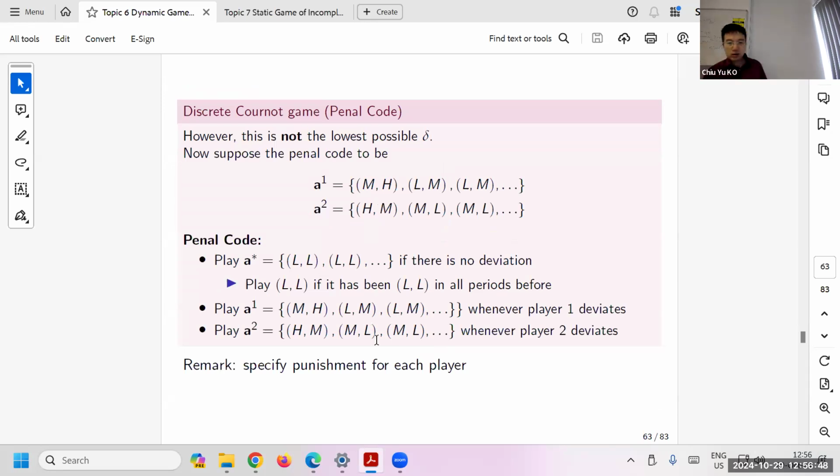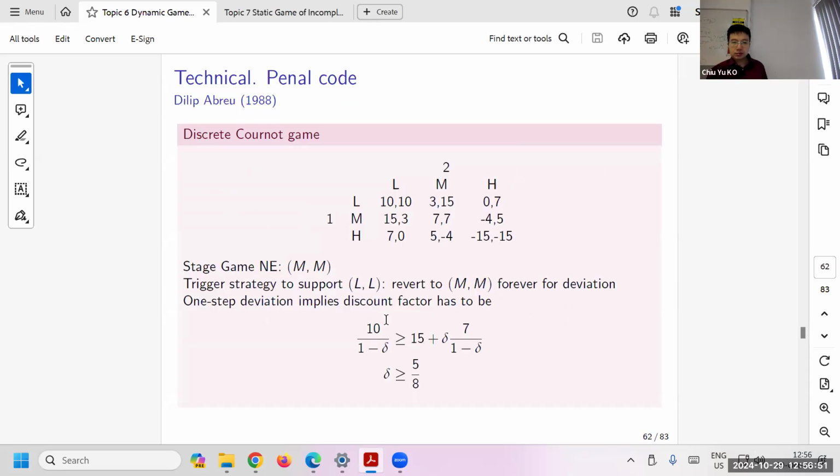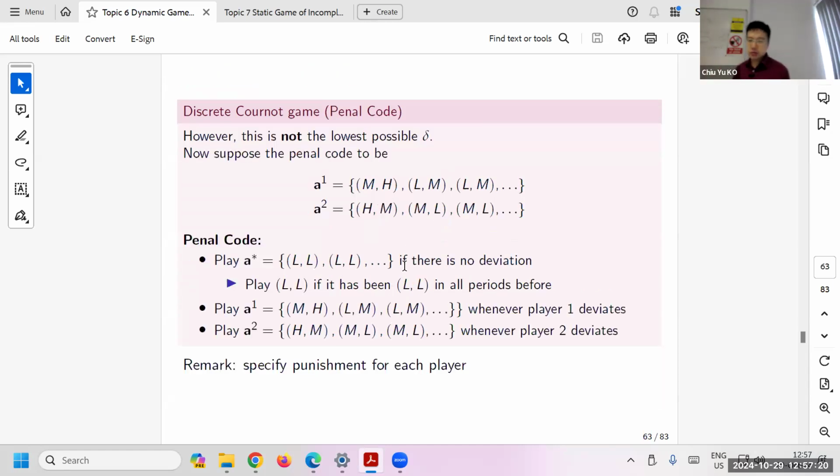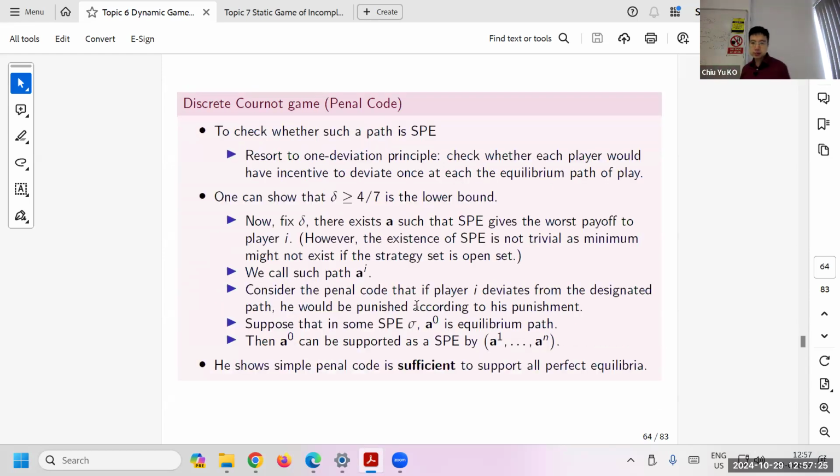Which means that you will get back to here. If player 1 deviates to here, suppose, he'll get to this guy next round, and then here, which is benefiting player 2, right? So you can see we have to reward player 2 somehow. So let's see why this is a little bit lower. So it has to be different. So let's see, this is a little bit interesting thing going on. Why is that the case?